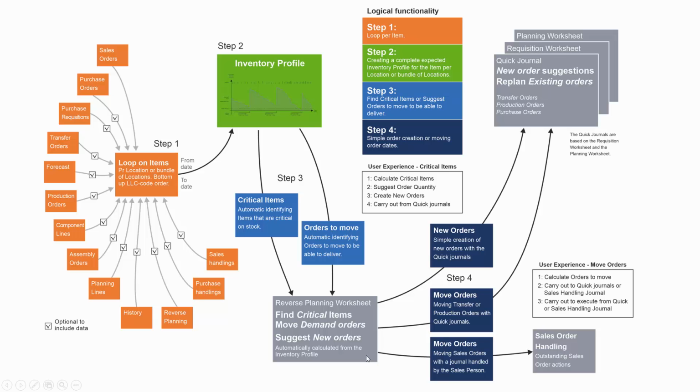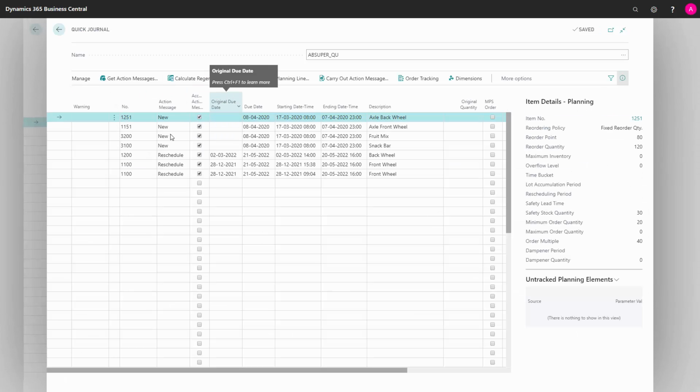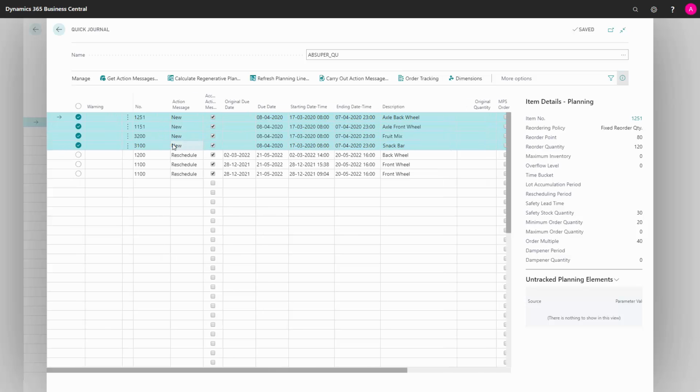So basically, the reverse planning worksheet is the first worksheet. When you calculate the line, it enters in that worksheet in here. So this is the core calculation from either critical items or moving demand dates. When you calculate critical items, the item will always, or the line will always be carried into the quick journal in here. And those will be the type new, so those 4 lines are coming from the critical item